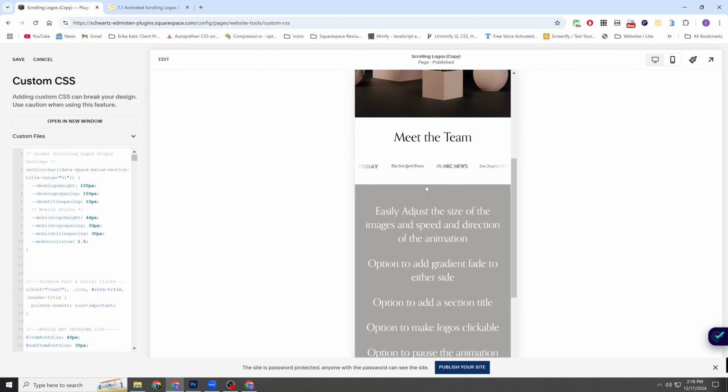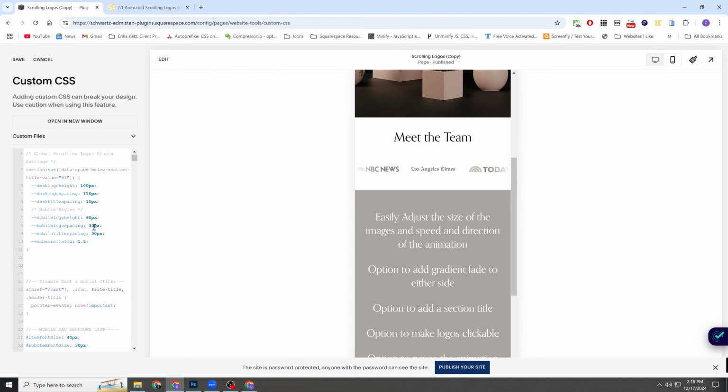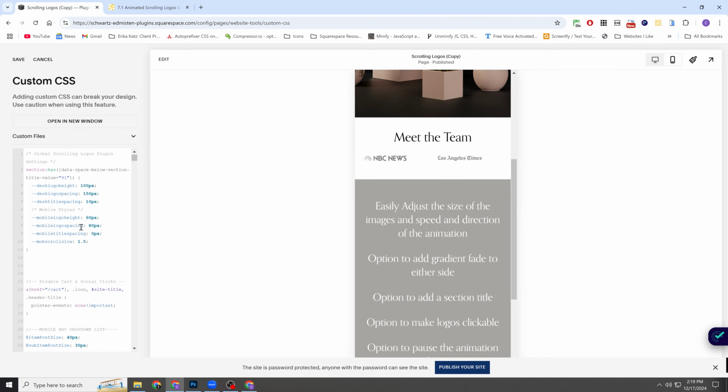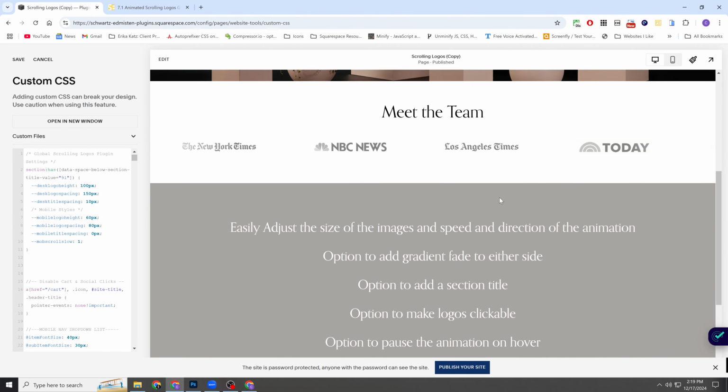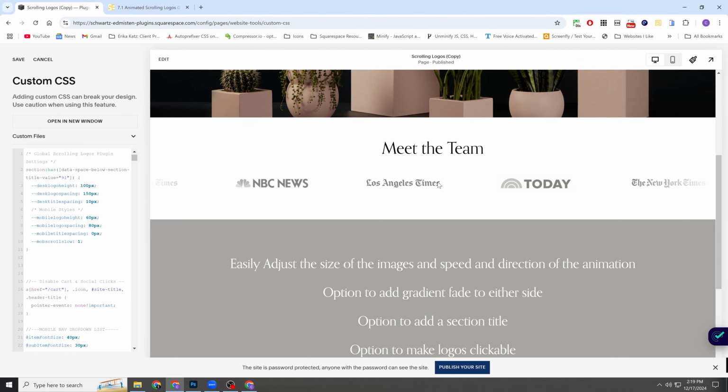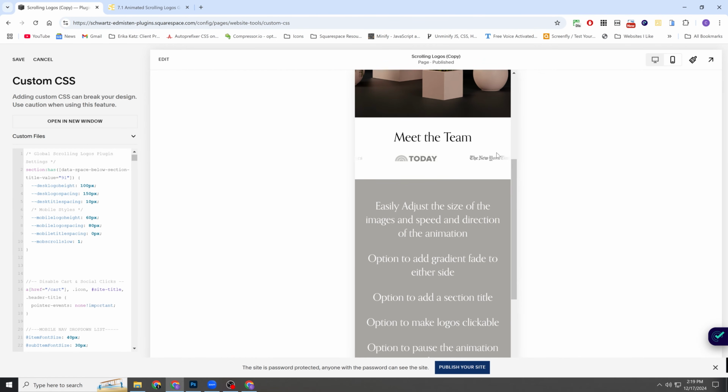And then we have all of the same controls on mobile. Maybe I want these to be a bit bigger on mobile and much more spaced out. I'll do 80 pixels. And then maybe I want even less space, so maybe I'll do 0 pixels on mobile. So the mobile scroll speed, this is just kind of a dampener. The default would be 1, and this is the constant rate, which is the same as on desktop. But because the screen is so much narrower, it's less wide on mobile, it looks like the logos are going